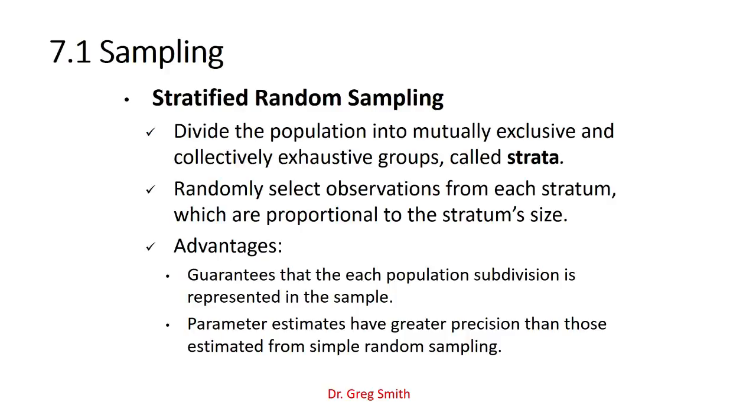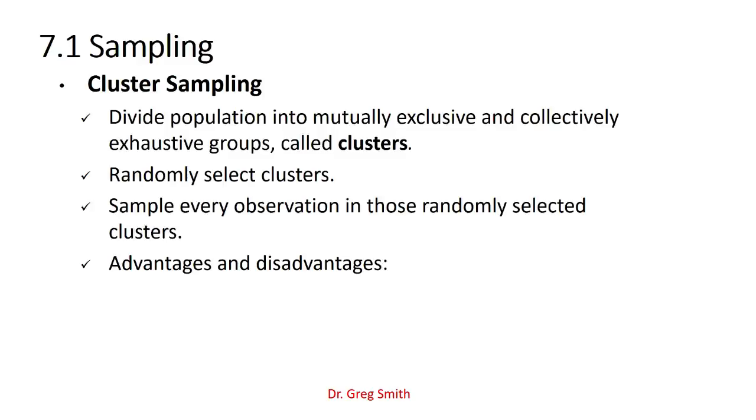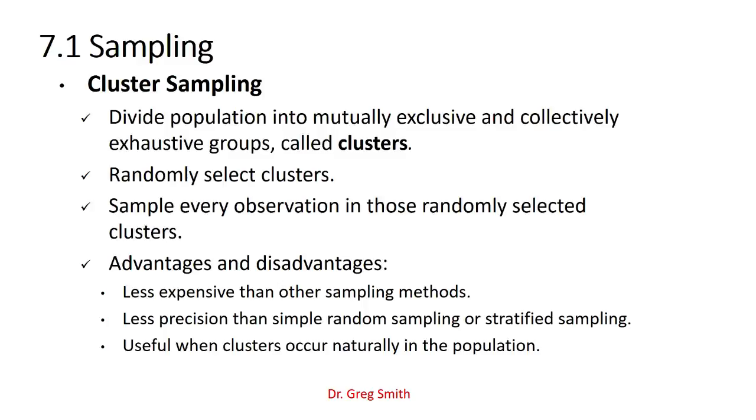1 in 10 chance of pulling something out. And we would do it based on its represented sample size. Very proportional, and it allows us to make sure at least one observation is pulled from each one of the broken subdivisions. What this allows us to do is have greater precision, especially when we go for those that are in the margins. Another version is something called cluster sampling, and what we're trying to do is build mini clusters, each acting